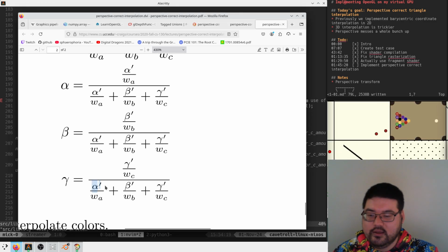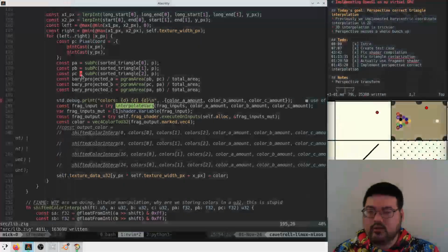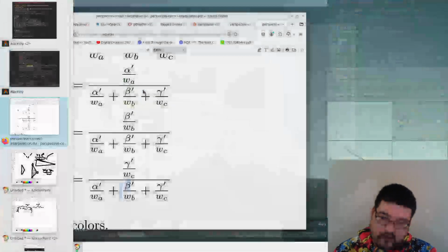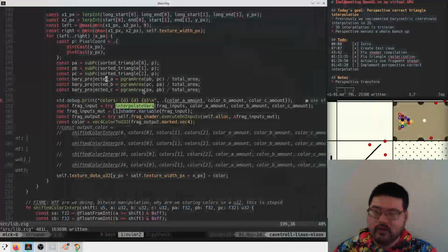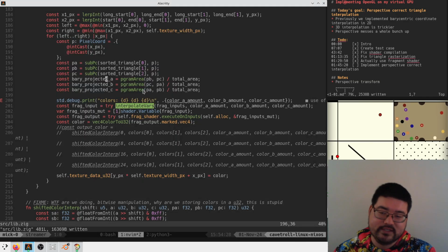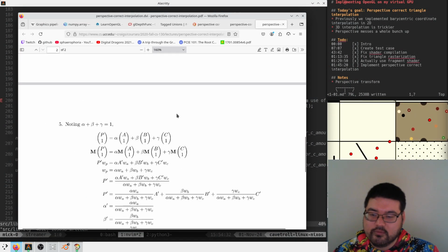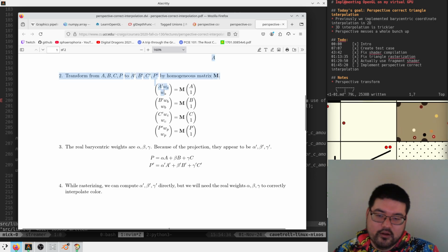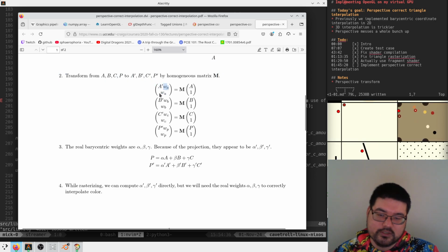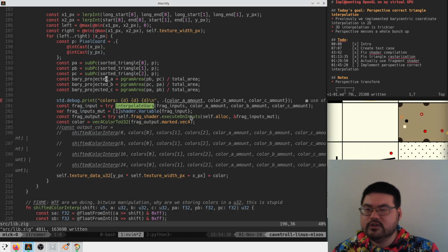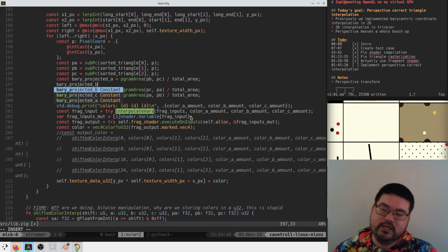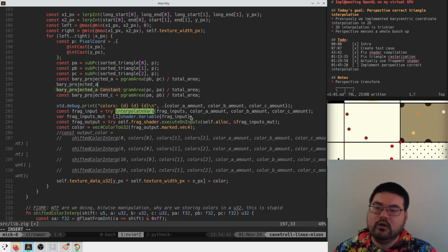So we need to take this and divide it by WA, or in our case, multiply it by W, because their W is inverted from ours. Their W here is a multiplier where ours is a divisor. So we should be able to go Bary projected A